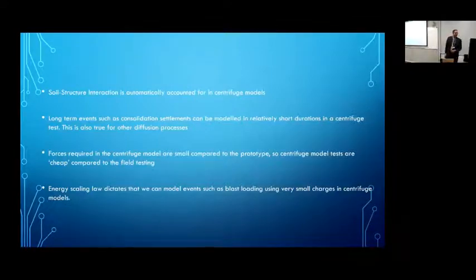Okay, there are other fringe benefits, as it were, which is the soil structure interaction is automatically accounted for, where you've got buildings and soil working together. These things are automatically accounted for. Long-term events like the consolidation, we're able to capture nicely. And I picked consolidation as one process, but all diffusion processes we can capture wherever there is a coupled